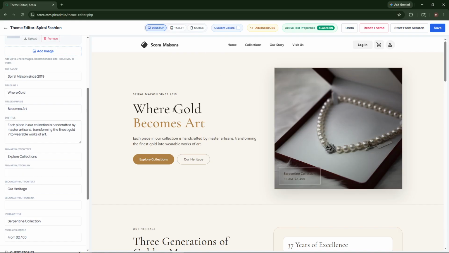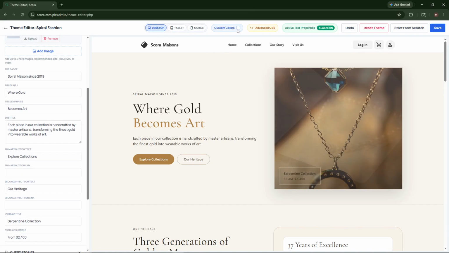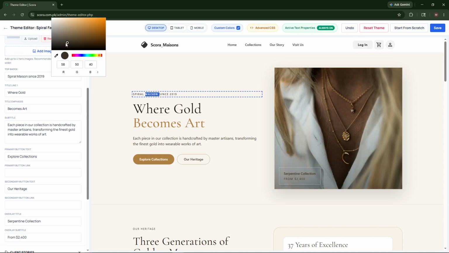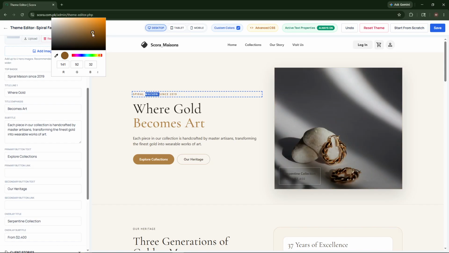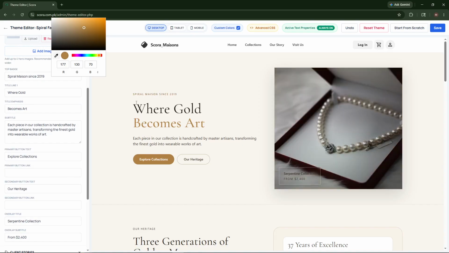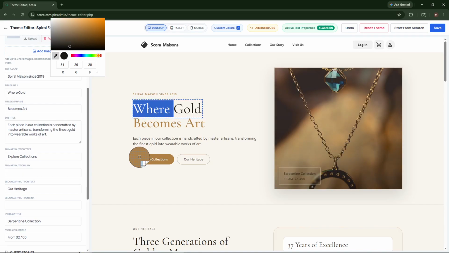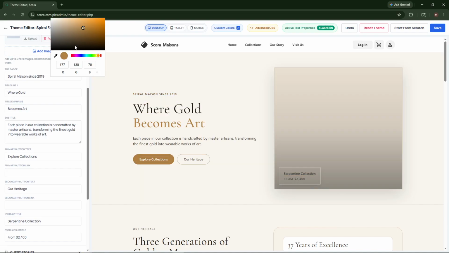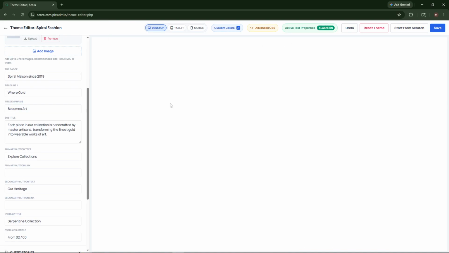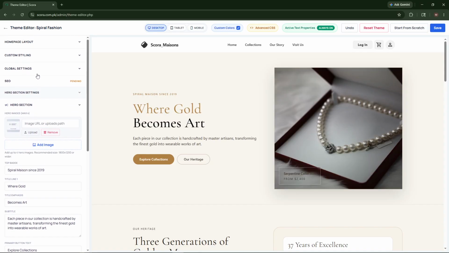As for changing the text color, just click on this custom color so you can select the color and change its property like this. And here, when you double click on this, you can see the color palette is open. To change the color, you can just change it to this, or you can pick color from this. As you want to set it this color, just click on it and you can see the color is changed. As for headings, you can change the color of headings too, like this one, and this one turn it to pure black. Now you can also change the background color to here.